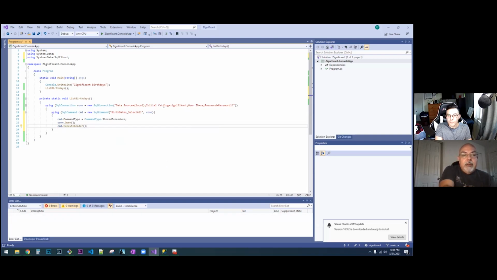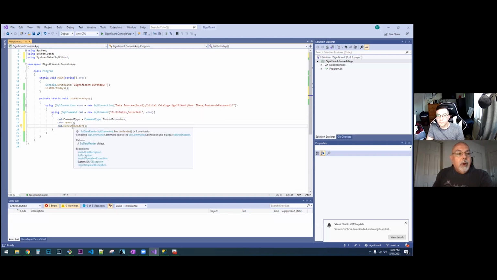Now that execute reader, if you hover over it, is going to return a SQL data reader. So just like we created the SQL command, CMD equals new SQL command, we have to create a SQL data reader. So right before line 23, right before command,